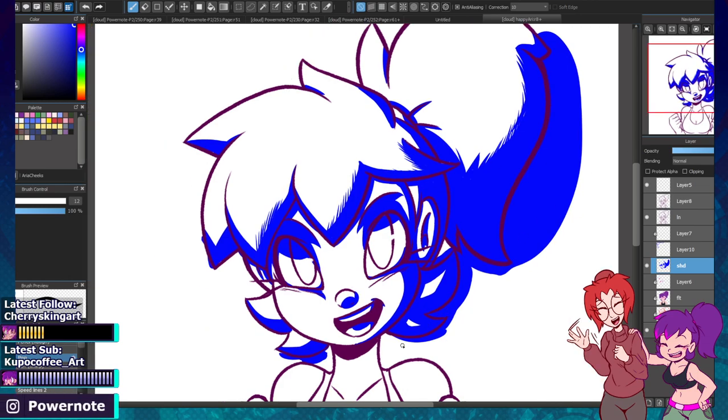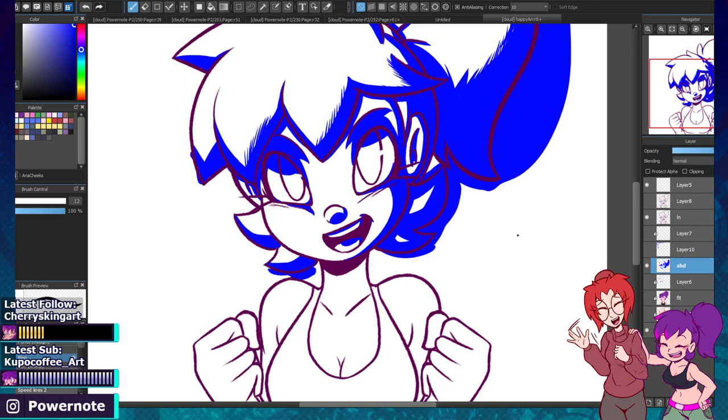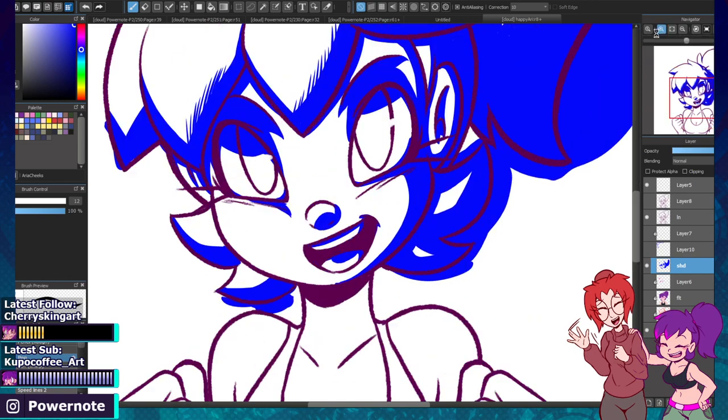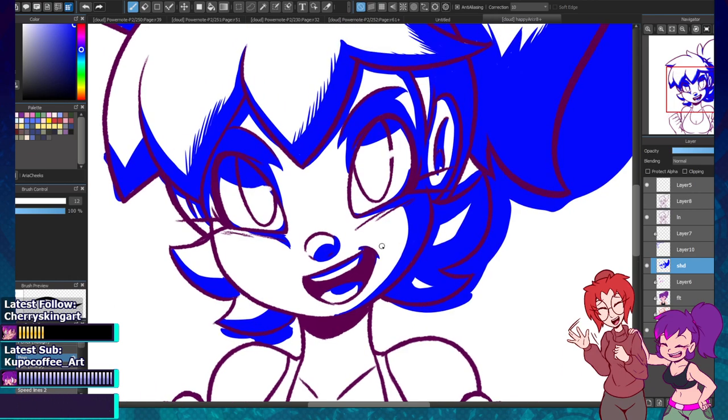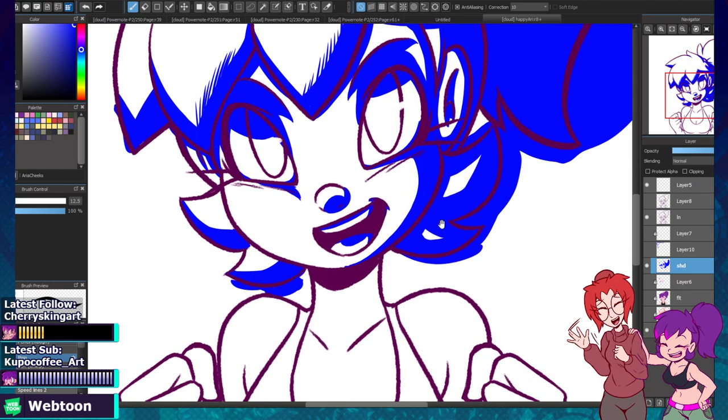So down here when we get to the lower part of her body, it looks cool. Yeah, this is a little thing I like to do. So you see her chin and stuff would be covering a lot more of